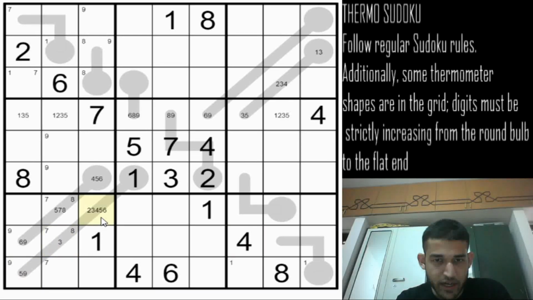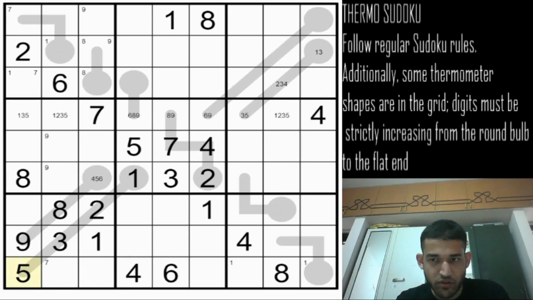This cell will be a 2. Let me go ahead and mark it. If this cell is a 5, so this is a 3 and this is a 2, and we have marked 8 in one of these 2 cells if you remember. So this will be an 8 and this will be a 9. Now we don't have space for 4 and 6 in box 7. So this means that this cell cannot be a 5.